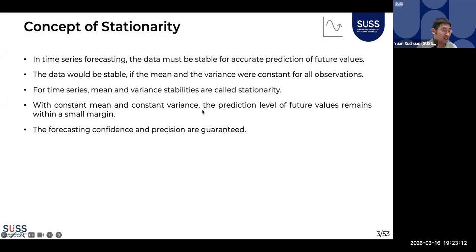For time series, when we discuss the stationarity of a time series, we mean that the mean and the variance of the time series data are constant. So basically, it refers to weak stationarity. In time series, we also have strong stationarity. The strong, or strict, stationarity refers to the joint distributions of